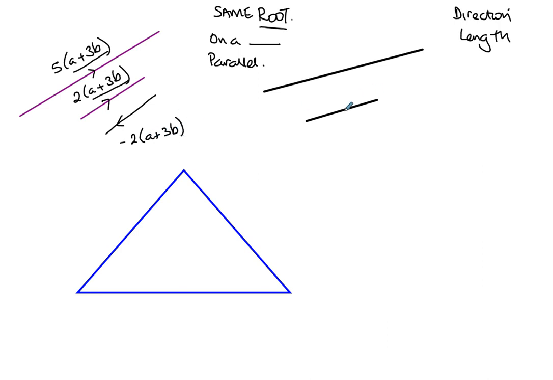This one here could be 2 minus a plus 4b, and this one here could be 6 minus a plus 4b. And again, going in the same direction. In its simplest way, if you had OAB, and OA is A and OB is B,